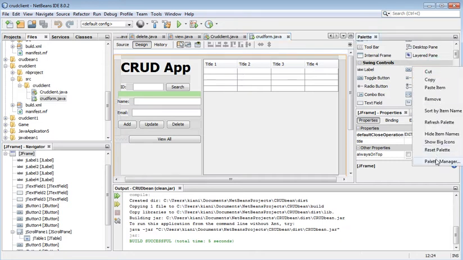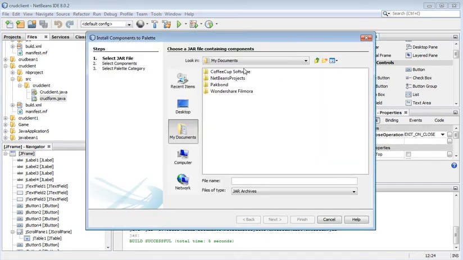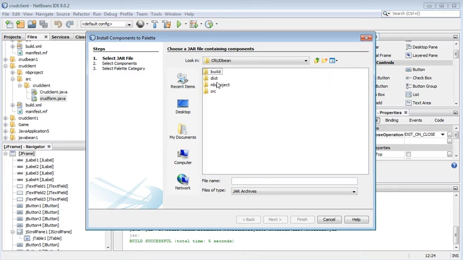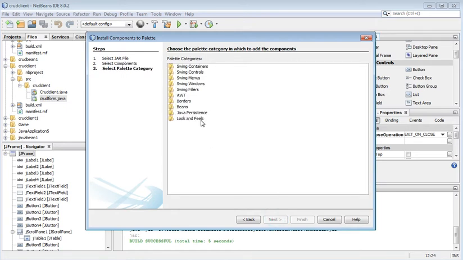Right click, go to palette manager, add from jar, from NetBeans projects we have crude bean and we have disk and we have crude bean here. Now we next and we add these all, select all and add in the beans, select beans and finish.